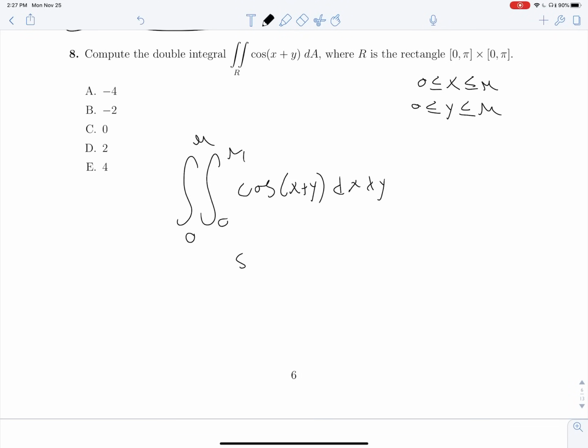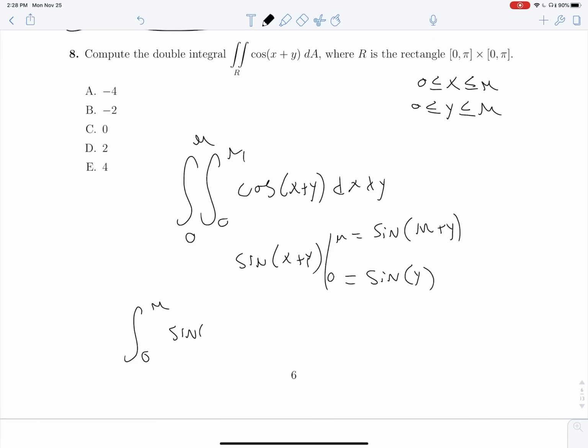This is going to be sine x plus y on 0 to pi, and this works out to sine pi plus y. It's my crappy pi, and this will be sine y. So now we're left with the integral from 0 to pi of sine pi plus y minus sine y dy, which will work out to